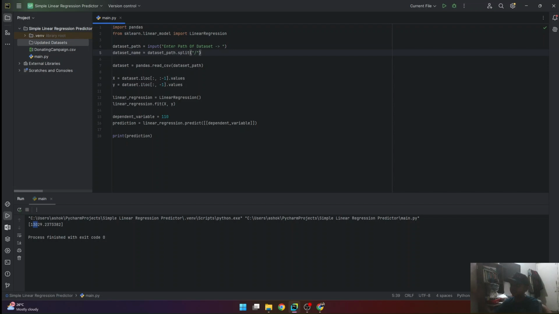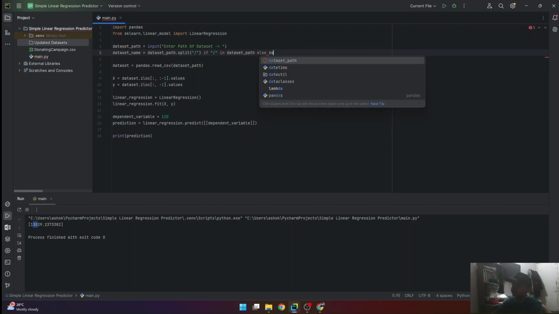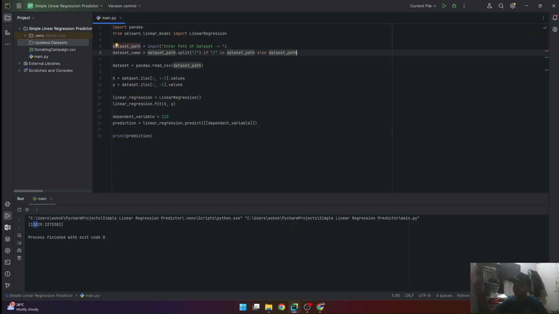But if it's in the same directory and it doesn't have a backslash, we're not going to do anything. So we're going to put an if statement inside the variable code: if this backslash is in dataset path, else dataset path, which means that if there's no slash in the dataset path, just take the dataset path as the dataset name.